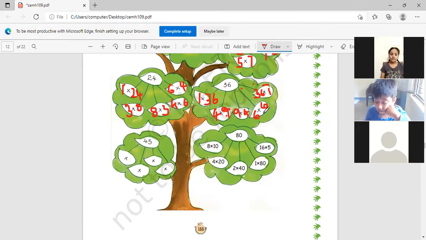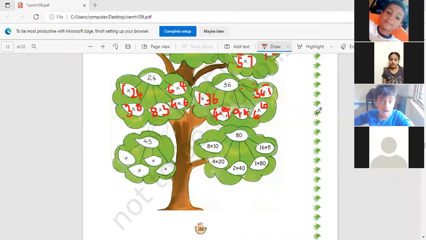Is this clear to all of you? Vivek, is this okay? Okay ma'am. Good. So mute yourself. Next is Gurudipti. Gurudipti is ready. 45. Can you tell me the quick answers for 45, Gurudipti?